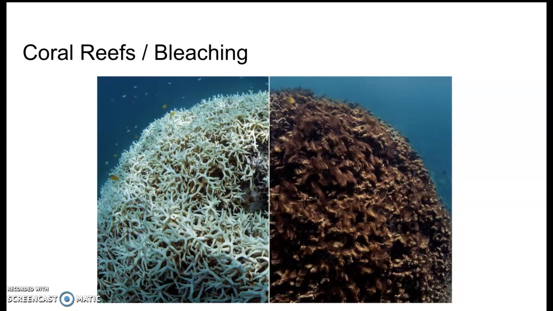And so there's a lot of concern in the scientific community. Basically, the Great Barrier Reef in Australia is getting wiped out. We're losing reefs, like 70 or 80% of the reefs are being lost due to coral bleaching. So we really need to be conscientious of what we do